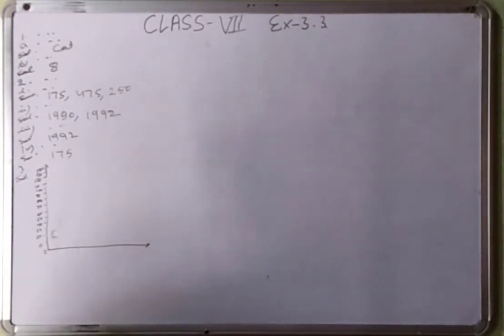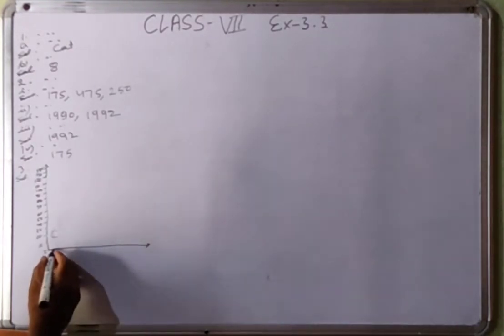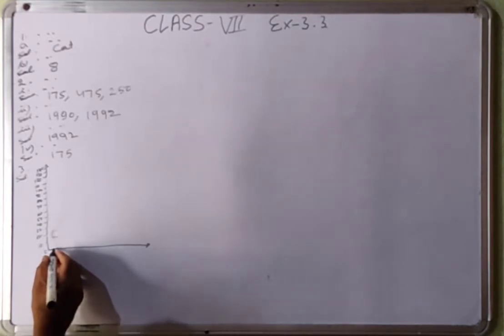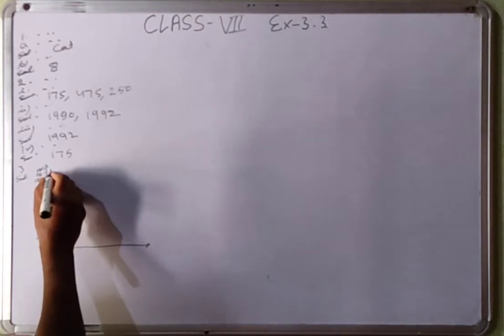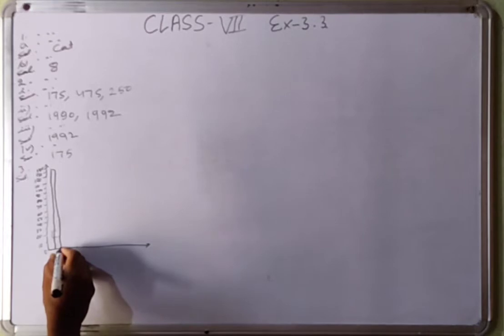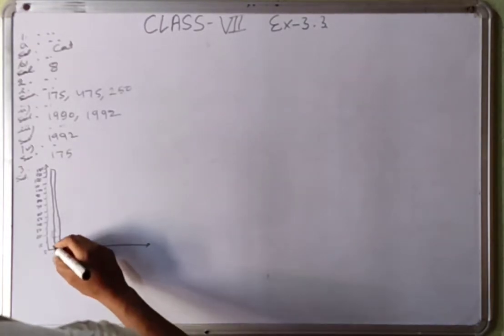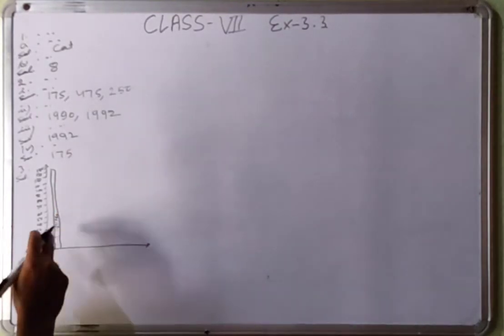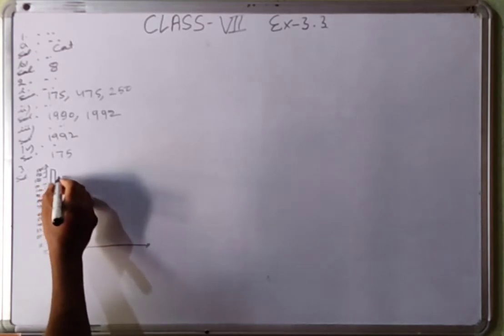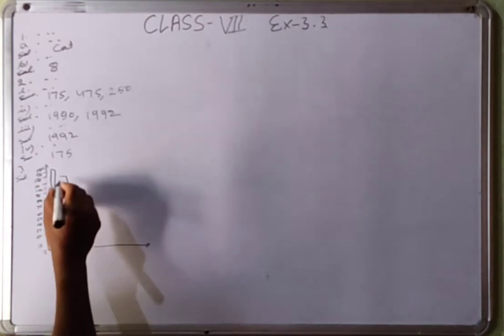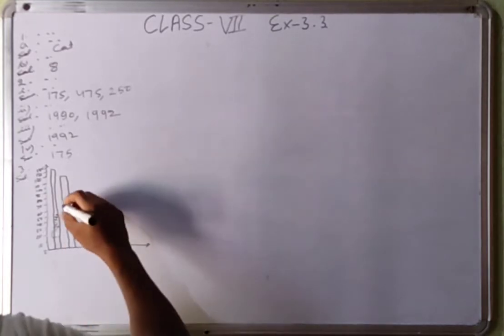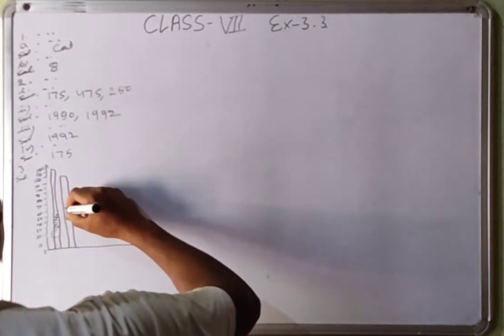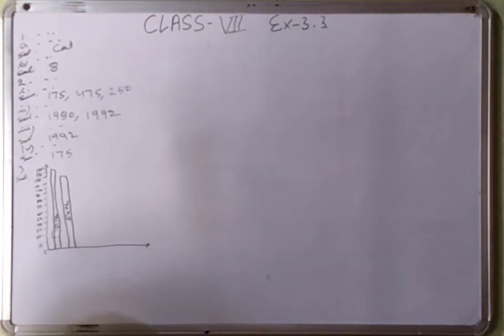And then first, you will leave one box of the graph, that is 135. So up to here it will go, 135. This is the fifth. You will write here fifth. And then 120. Leave one box again and draw like this. This is sixth. You will write sixth. Okay.